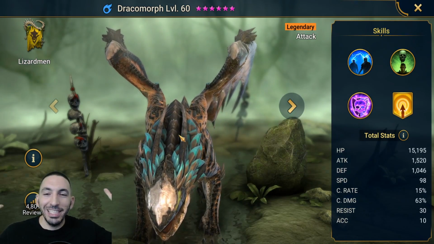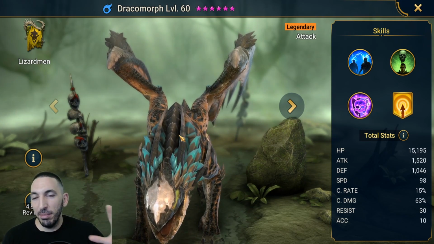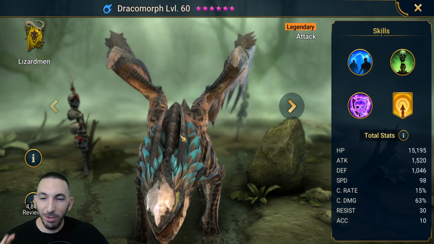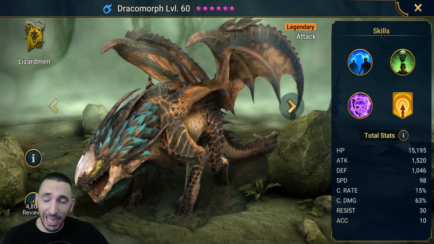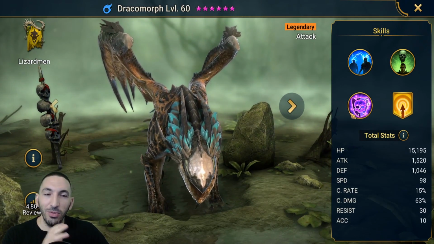Next up, of course, it's gonna be Draco. Draco is, I think, the best champion for speedruns in the game. There's no other champion that can help you speed through content in the game like Draco. He's also a master in the clan boss as well, but the reason he's so strong in the dungeons is